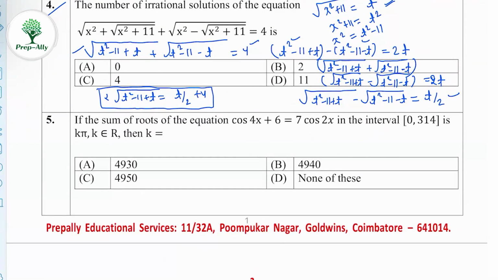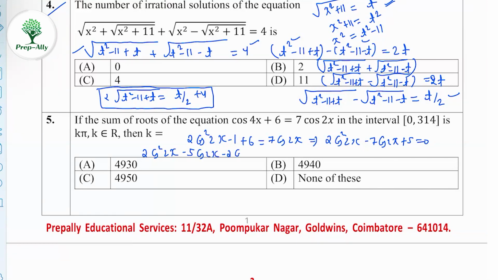The sum of the roots of this equation. So cos 4x, multiple angle formula can apply. 2 cos square 2x minus 1 plus 6 is equal to 7 cos 2x. So it will be 2 cos square 2x minus 7 cos 2x plus 5 equal to 0. When you factorize, it will be 2 cos square 2x minus 5 cos 2x minus 2 cos 2x plus 5 equal to 0. So from here I will get